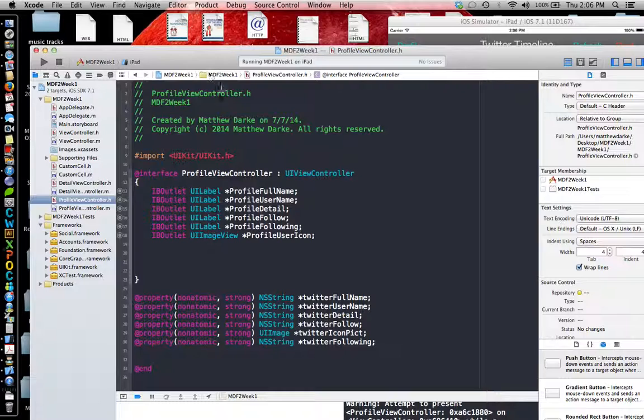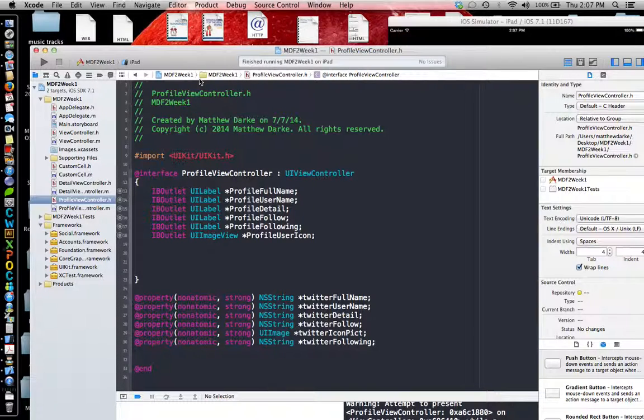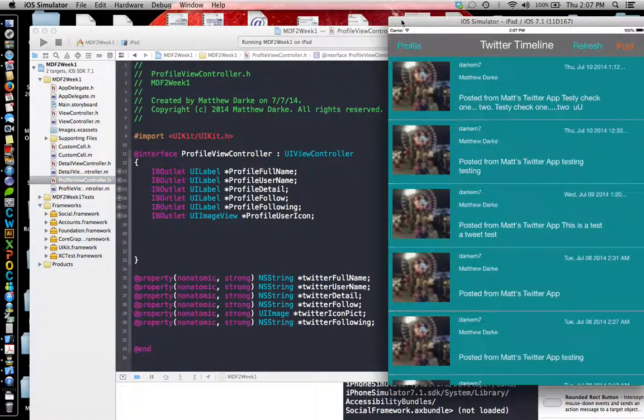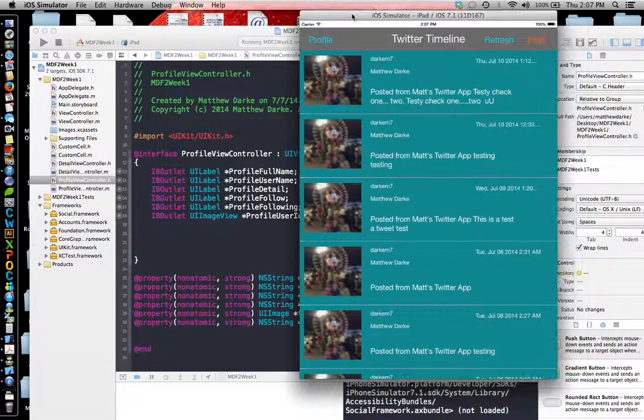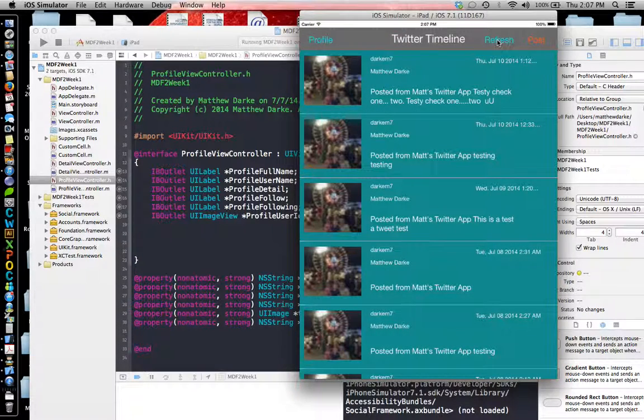And I'll go ahead and run my app here. I'll stop it. And this is my app here. I'll go ahead and put a new post. And I'll post that, and then hit the refresh button,